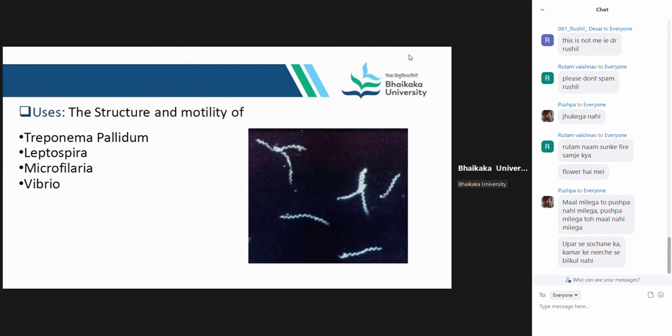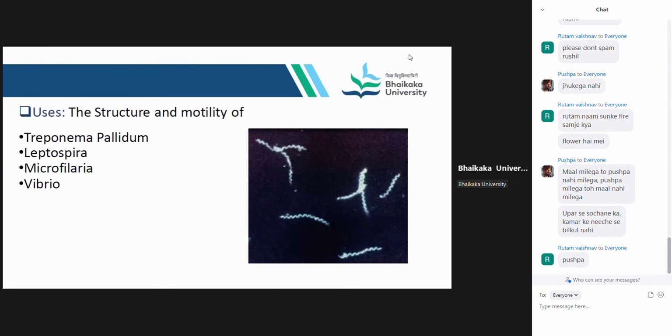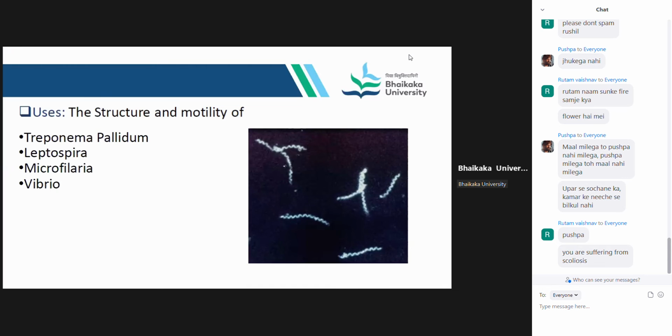Now, what are the uses of the dark field microscopy? They are used to see the structure and the motility of organisms like Treponema pallidum, Leptospira, Microfilaria, and Vibrio. One more thing I want to tell you is the difference between the phase contrast microscope and the dark field microscope. In phase contrast,